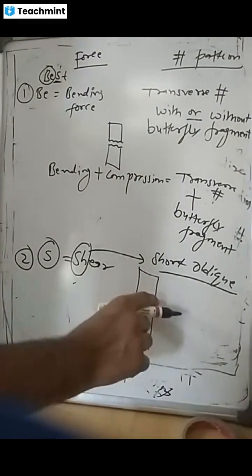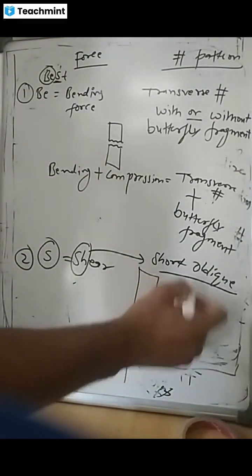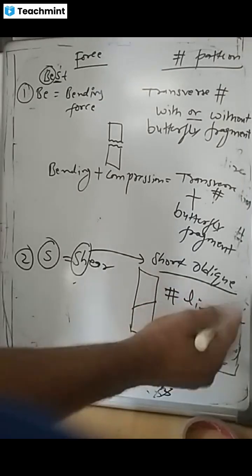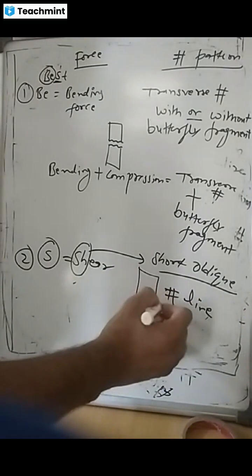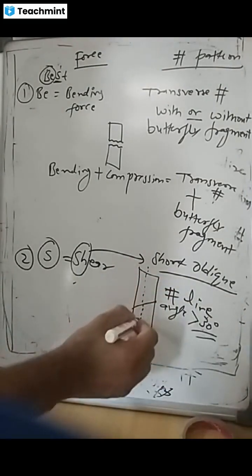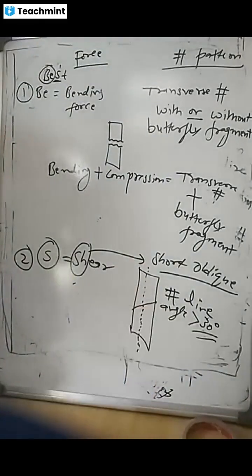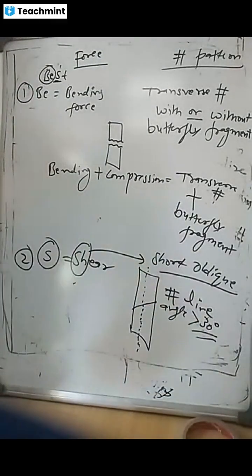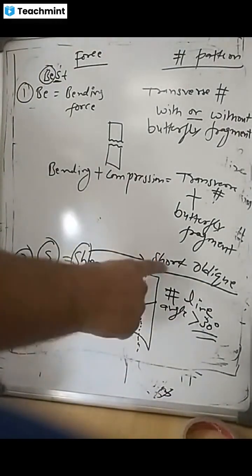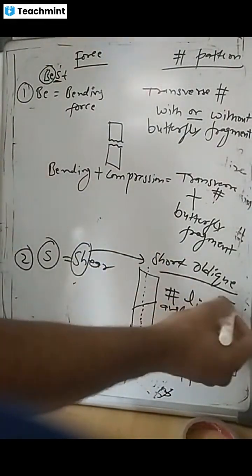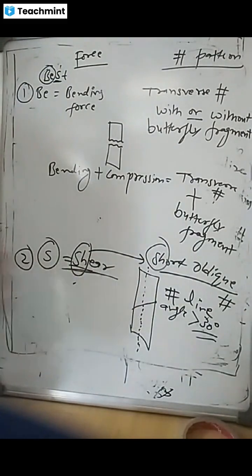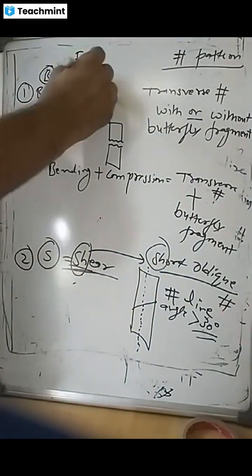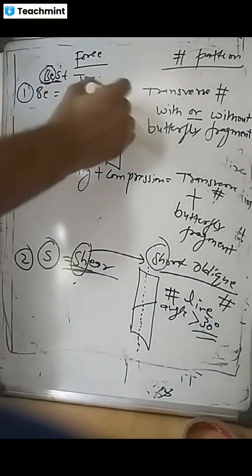It means this is the fracture line. So the fracture line angle is more than 30 degrees with the long axis. So when this angle is more than 30 degrees, we get a short oblique fracture. Why is it occurring? Because of the shear force. In our mnemonic, the BEST technique, B is bending force, S is shear,